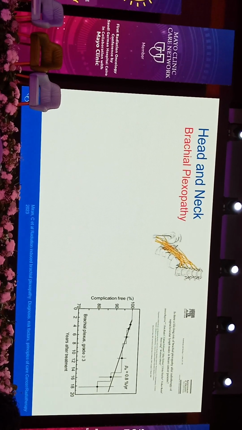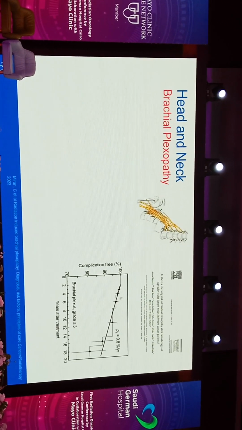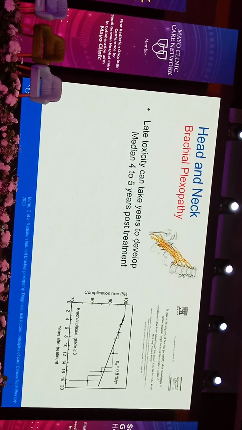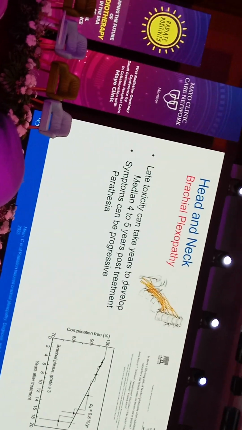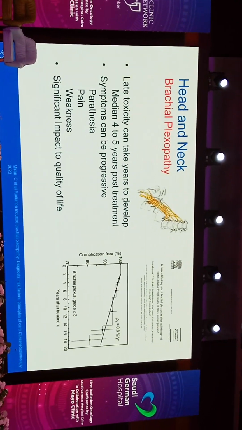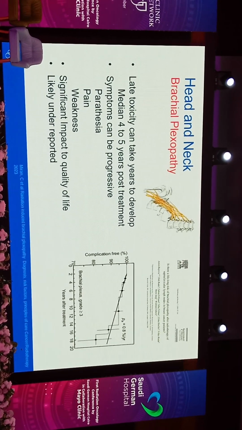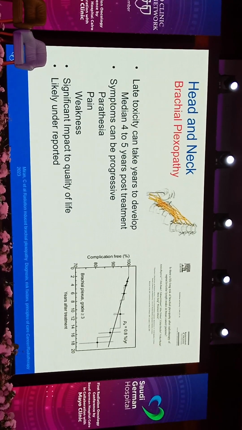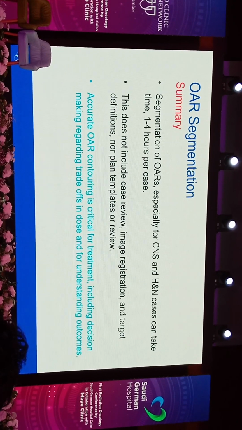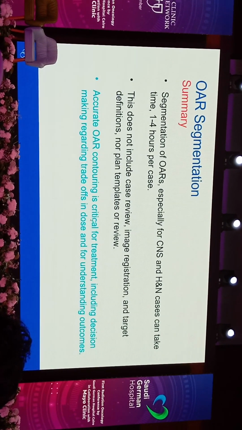Many groups in breast cancer or in head and neck cancer don't necessarily delineate the brachial plexus, but we know that years after treatment, late toxicity can develop. It may take 4 to 5 years post-treatment, but symptoms can be progressive in terms of paresthesia, pain, and weakness, and that can have a significant impact on quality of life, and it's likely underreported. If we don't contour the brachial plexus, look at our dosing considerations, and follow patients, then how will we know about this brachial plexopathy? So accurate OAR contouring is critical for treatment, including decision-making regarding the trade-offs in dose and